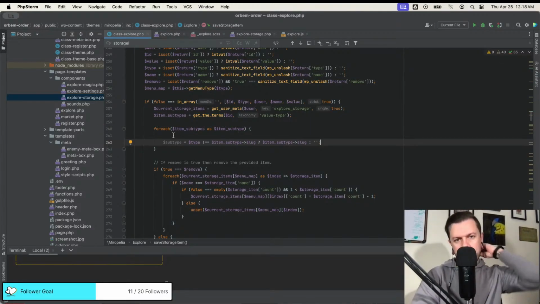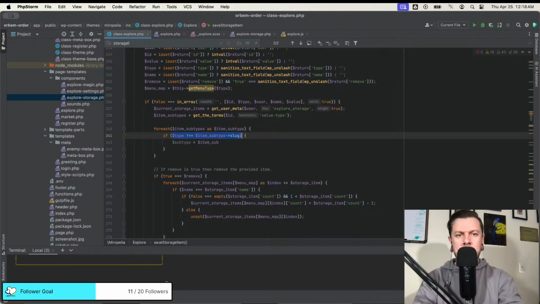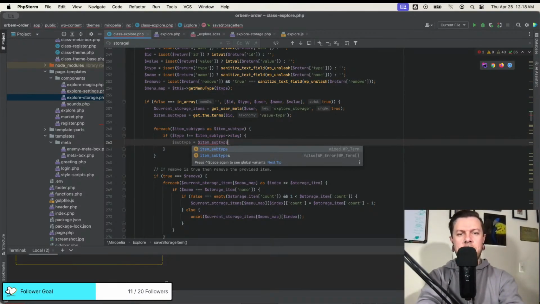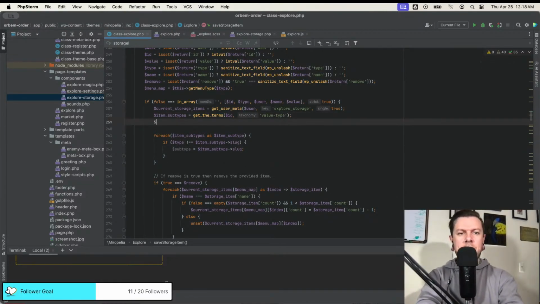Actually, now that I think about it, this kind of needs to be an if statement, because I don't want it to keep resetting to nothing. There we go. Subtype slug. Okay, otherwise, subtype equals nothing.